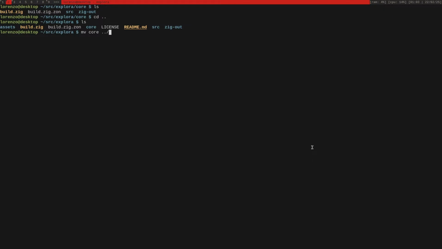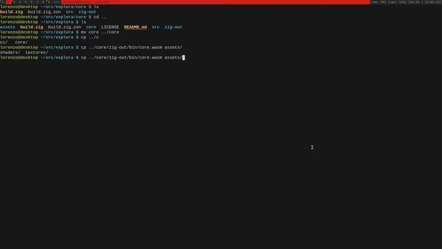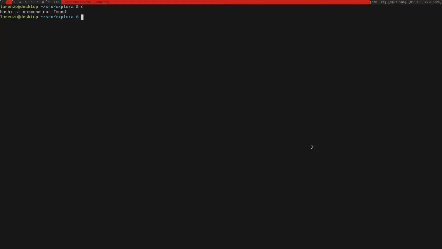Like, I don't know, well, I can just call that core. And then I want to copy these in the assets. Okay. Nice. And so now I will just,